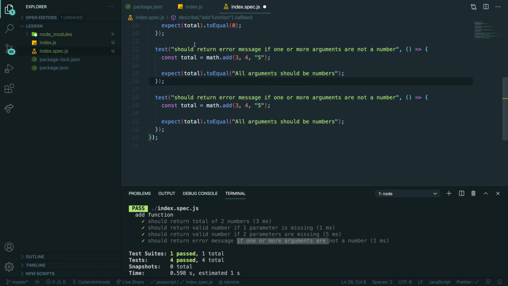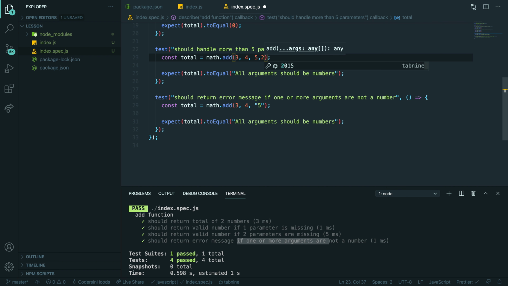Potentially let's add one more test to make sure it should handle more than, I don't know, 5 parameters. So I want to call my function with 3, 4, 5, 6, 2, 1, 6, 3 again, right?